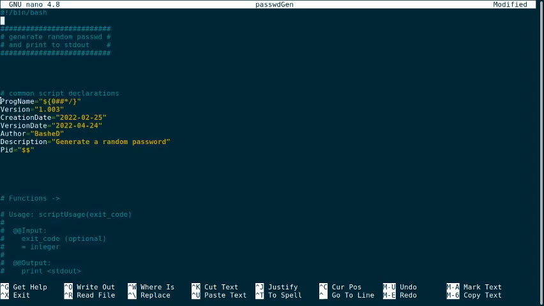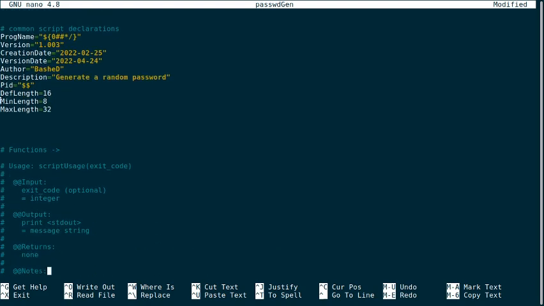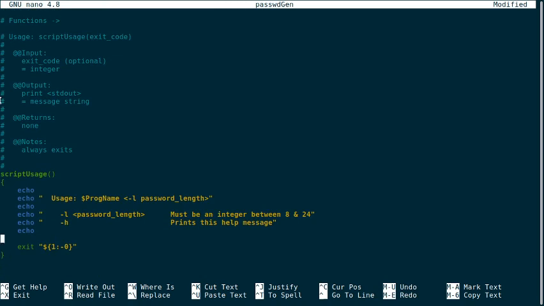Let's go back to the top of the script. Let's do a min length equals, and we're going to do 3. We're going to do a default, a min, and a max. Okay, our default length will be 16 characters, our minimum 8, and let's bump that max up to 32. 1, 2, 3, 4. Okay, now what we need to do is go to our script usage,